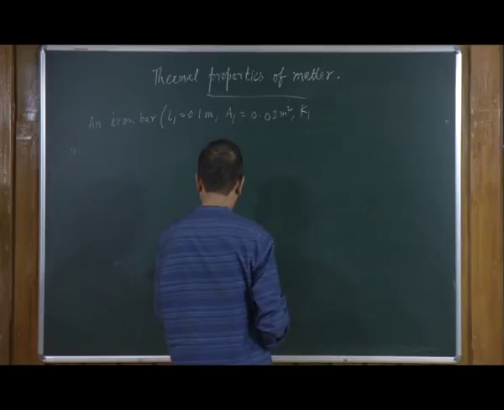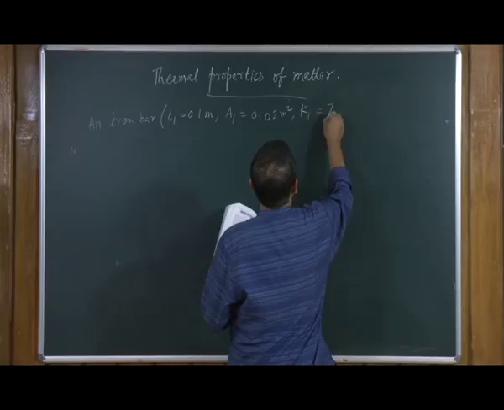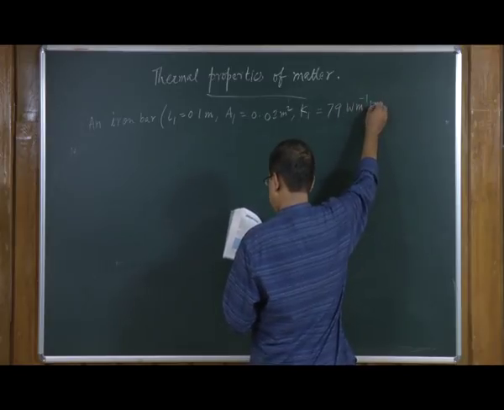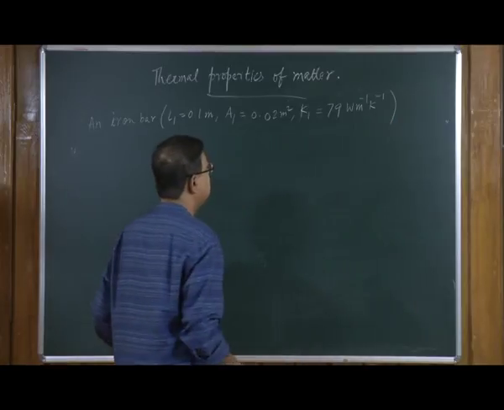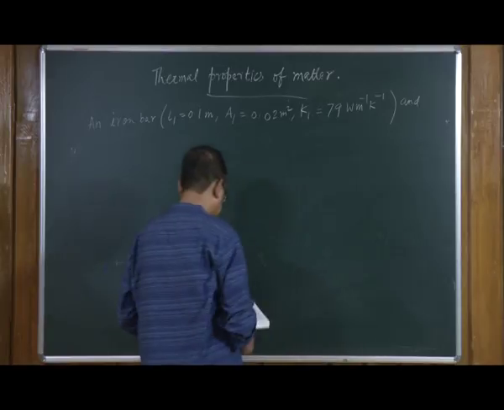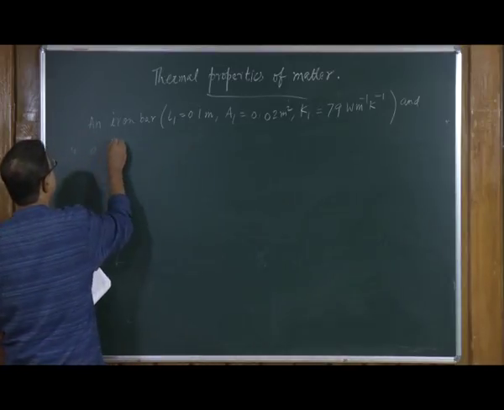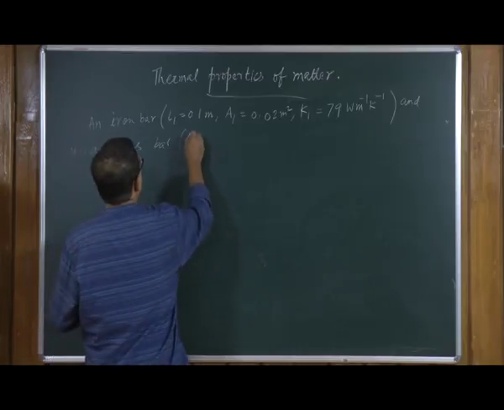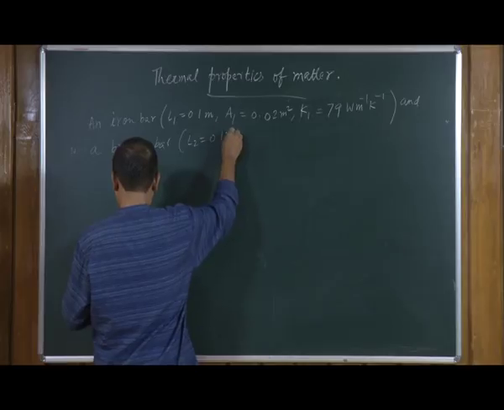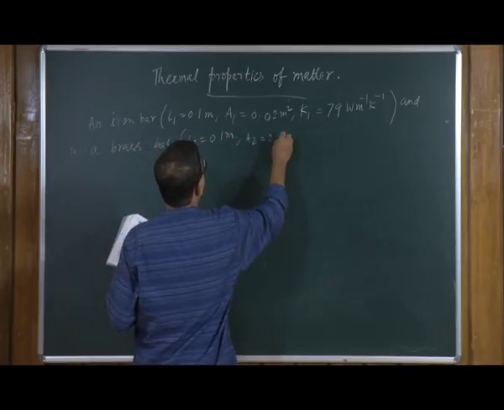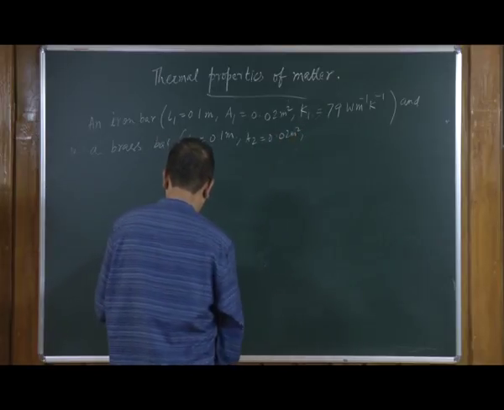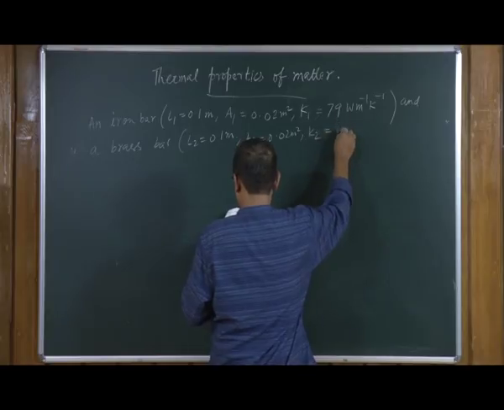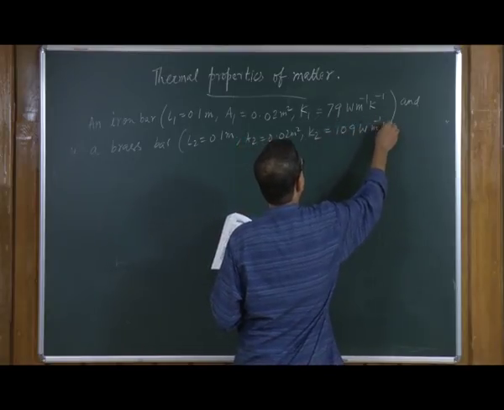So, K1 is equal to 79, given in watt per meter per Kelvin, and a brass bar with specifications again of 0.1 meter length and the same area of cross section, but with different thermal conductivity, because we know that thermal conductivity depends on the material. K2 is 109 watt per meter per Kelvin,